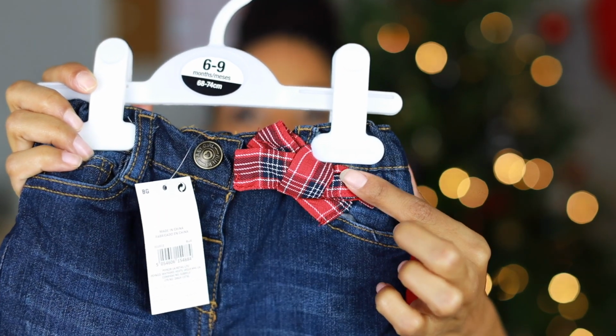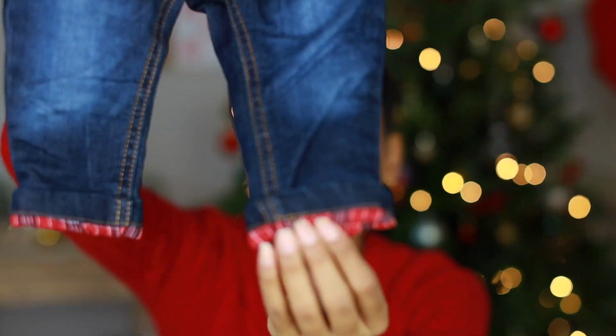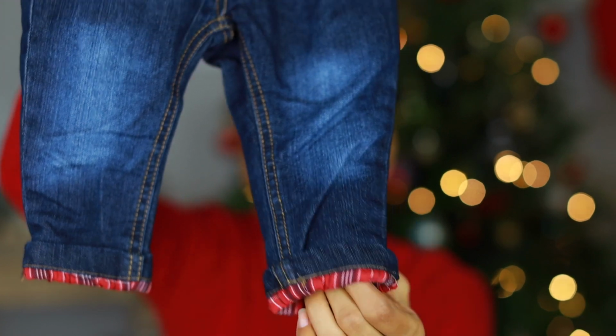Now, as a reminder, I went in to purchase Christmas decorations, and of course, the very first thing that I saw was something that was Christmas related, but not necessarily a decoration. And that was these jeans. These are so cute. Now, they're kind of Christmas themed. As you can see, they've got this little bow here, and they've got the little interior Christmassy pattern as well. And I picked these up because they actually have a fleece lined interior, which is going to be so